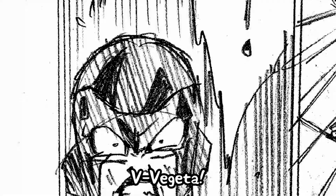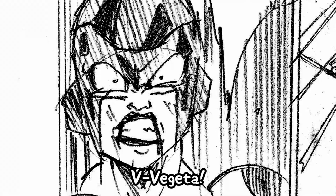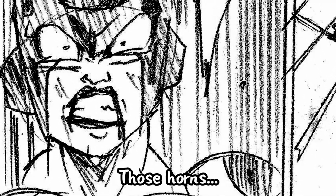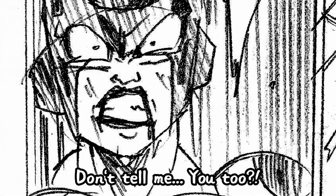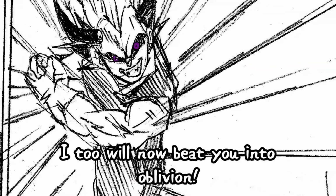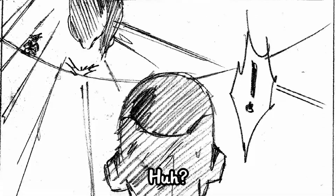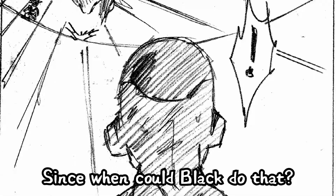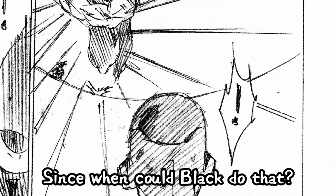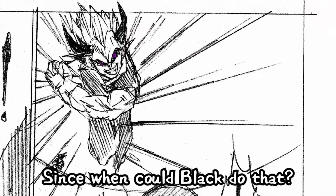But Vegeta! With not only these words paralyzing Frieza with fear, but also the sudden change in appearance as he yells, "Those horns! Don't tell me! You too!" "Yes, Frieza! I too will now beat you into oblivion!" Shocking Frieza as he can barely move, as Vegeta's instantaneous speed causes him to be in reaching distance already, with his hands gripped together until...